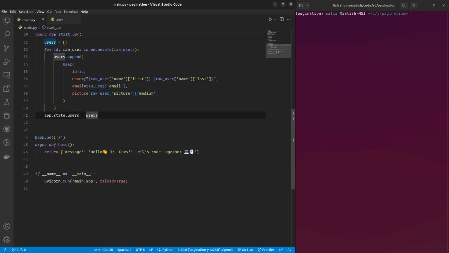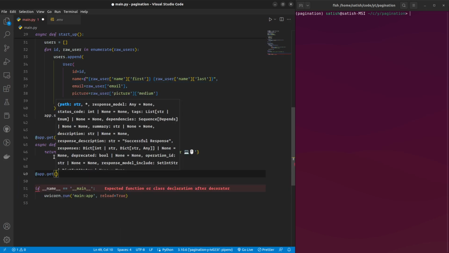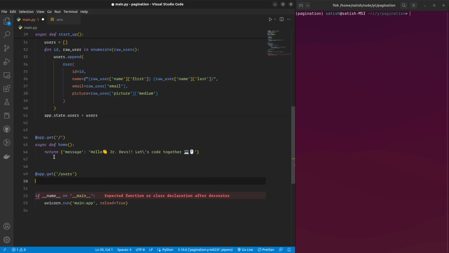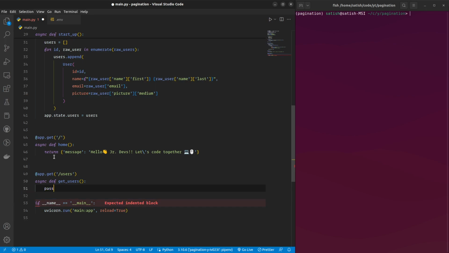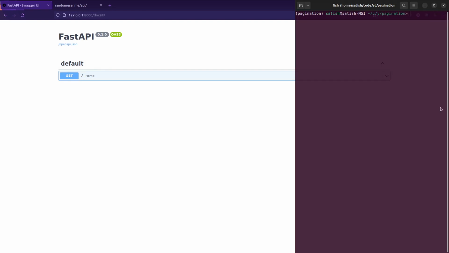So now we have the users list, and I want to create another endpoint which will serve the users. This endpoint is going to be get users, which for now will be pass. And now you can see our Swagger UI. I haven't shown you the Swagger UI. Yeah, it just has the home now. If I run this quickly,